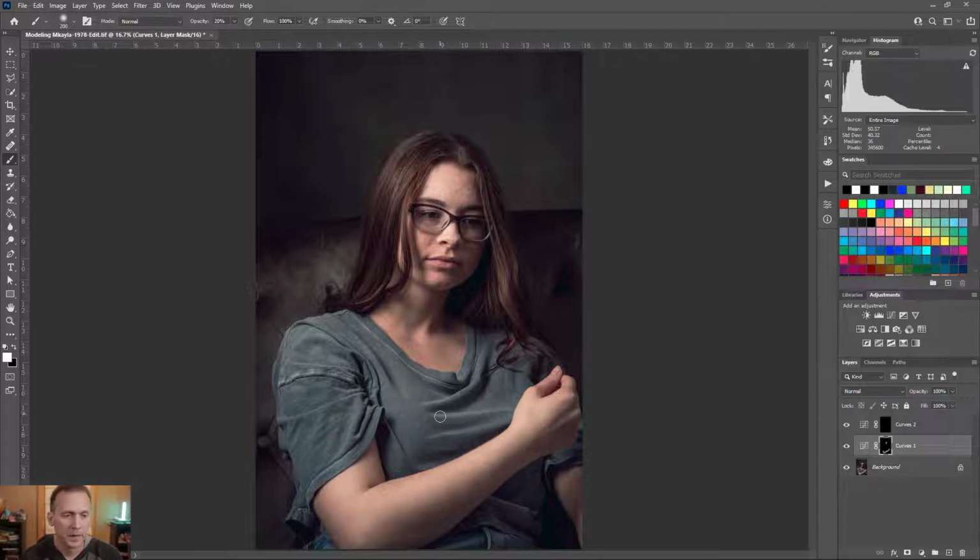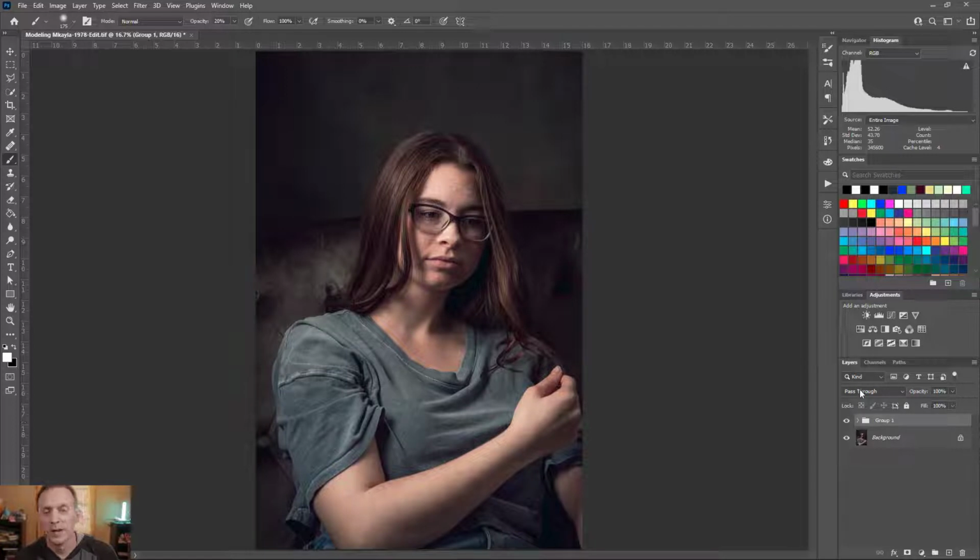Okay, bring that across the wrinkles a little bit, make them pop, and something like that. I'm just doing a quick and rough job of this so you can get the idea of what I'm talking about when I show this. So now we've got a real quick and dirty dodge and burn. If I group those together, turn them on and off, you can create some enhancement in the